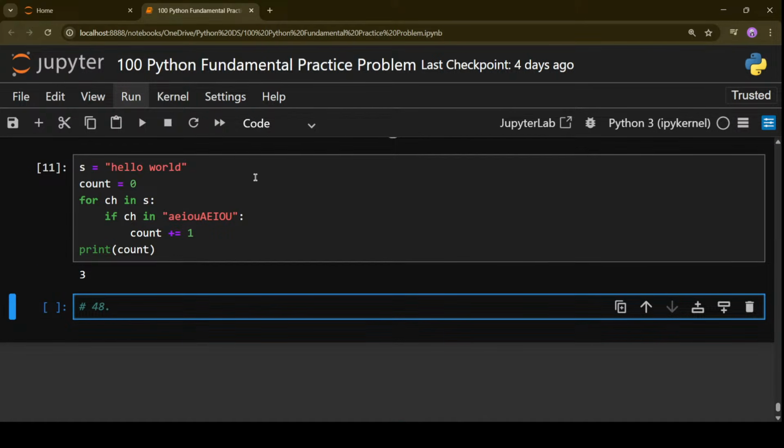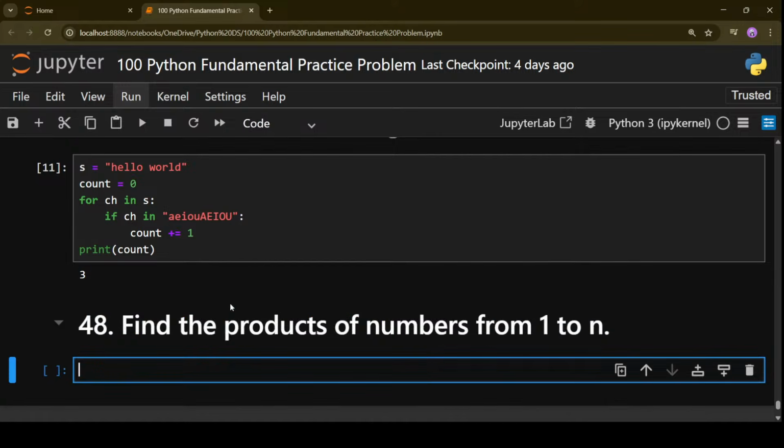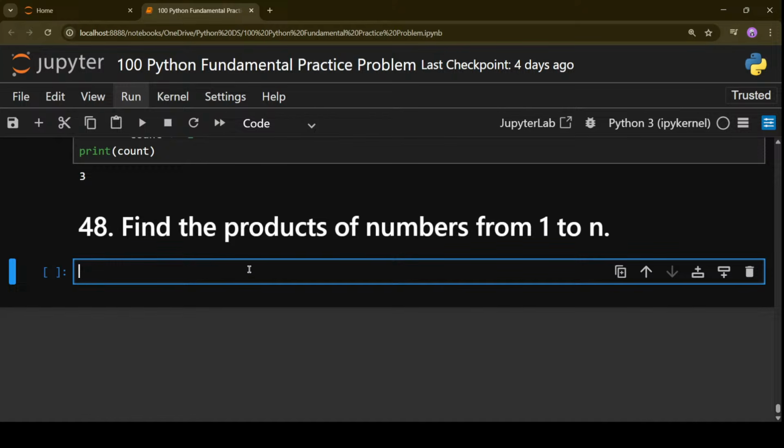That is problem number 48. Now what we have to do is find the product of numbers from 1 to n. So n will be the highest range, and you have to find the product of the numbers.